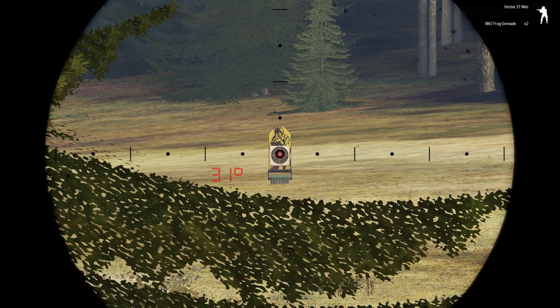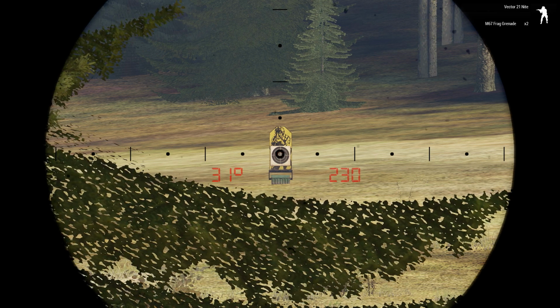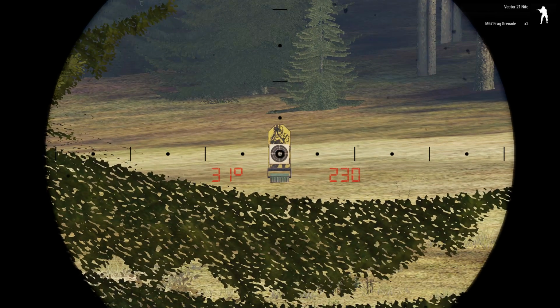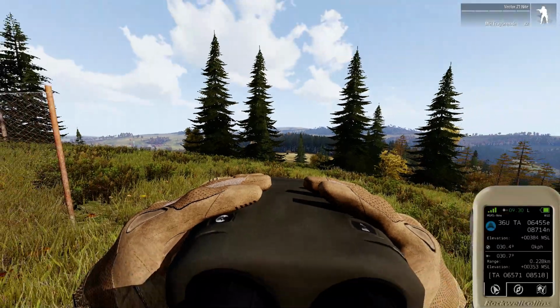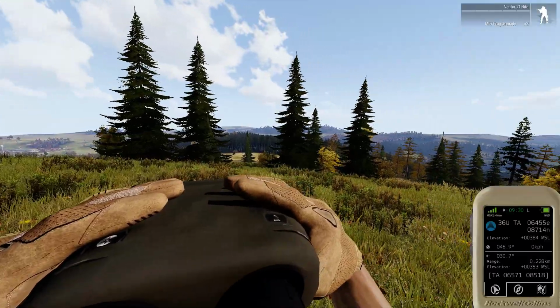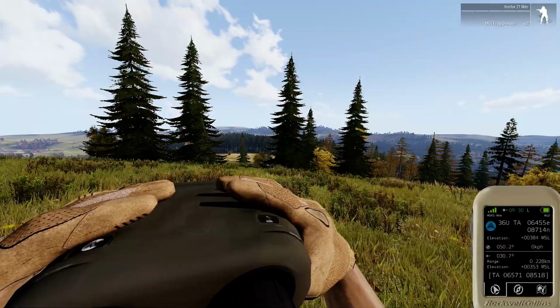But Tab and R held together until you get the red circle popped up is going to give you 31 degrees, 230 meters. Now, it's not that much below me, so I'm not going to worry too much about getting the true distance on that target. But as you can see on my MicroDAGR, it's given me an exact heading